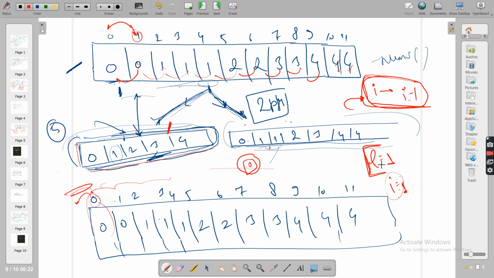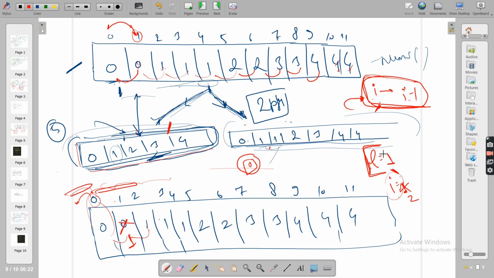Now see this, I is 1, compare to its previous using this I and I minus 1. 0 and 0, is this 0 unique? No. Increase I. This 1 and 0, is this 1 unique? Till now is this 1 unique? Obviously yes. So put this 1 where? At index number 1, at L index.